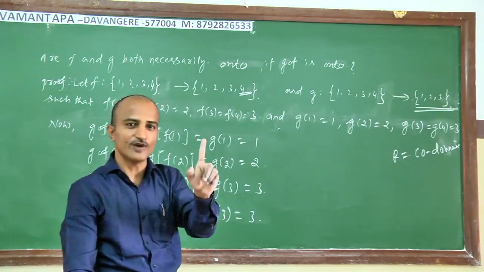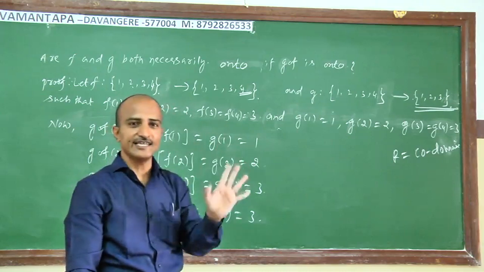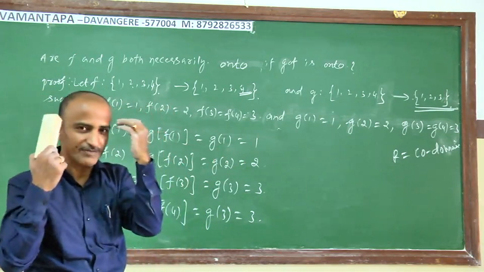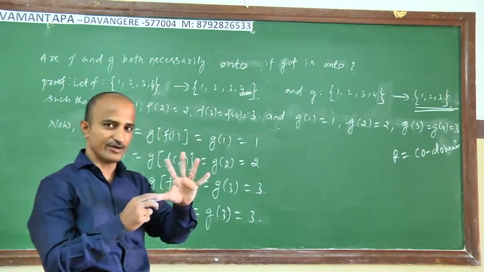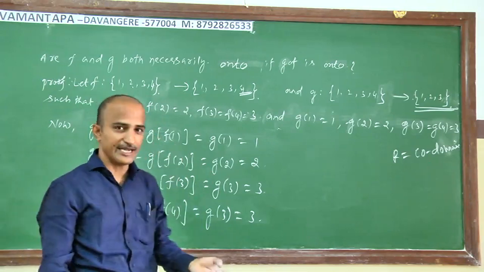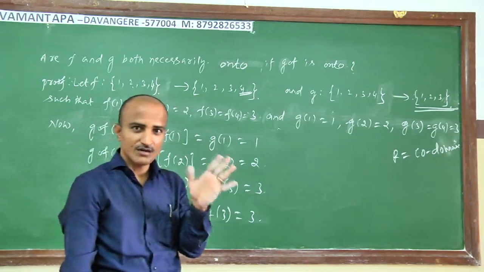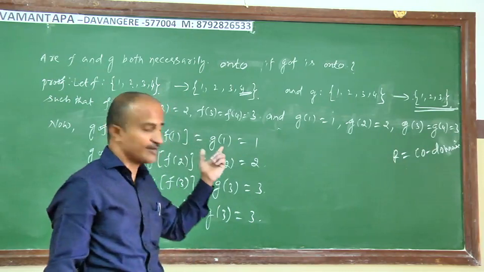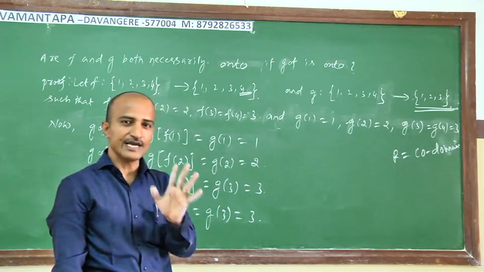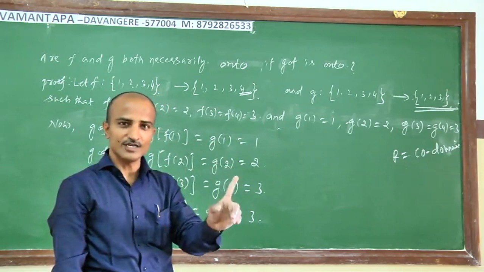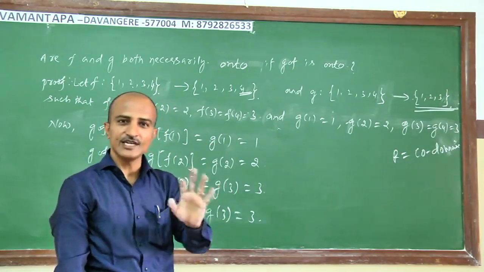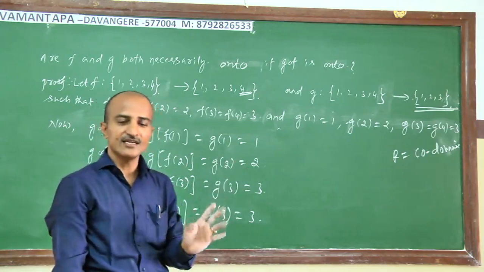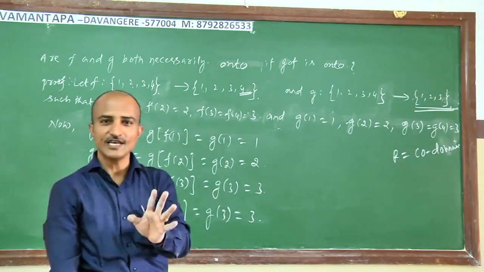Whereas for g∘f to be 1 to 1, it is sufficient that f is 1 to 1. That is what we should keep in mind. So far, in the first property, if f and g are 1 to 1, then g∘f is also 1 to 1. In the second one, it is not necessary that both f and g be 1 to 1 for g∘f to be 1 to 1; f being 1 to 1 is sufficient. Or, for g∘f to be onto, it is not necessary that f and g are both onto; if g is onto, it is enough for g∘f to be onto.